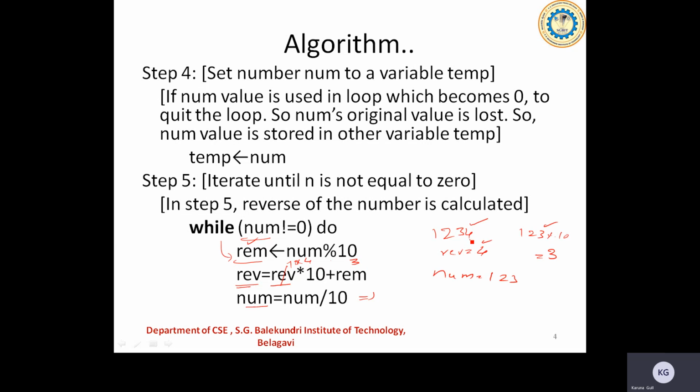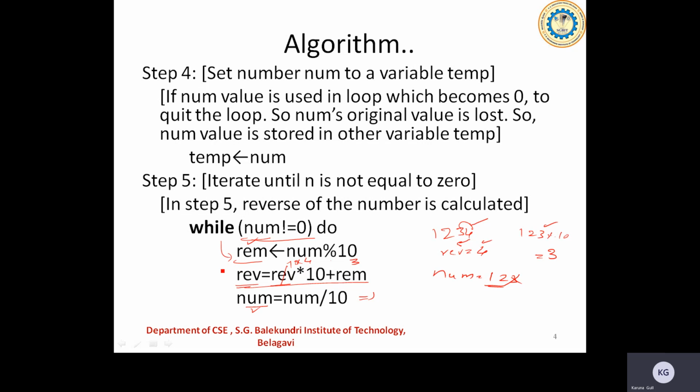The meaning of this is that now this 4 is moving towards the left side, and this is inserted at the other part of the side at the units place there. This is how this equation is helping us to do that task. Then to get the next quotient part of this, to get only 12 here, I'll be proceeding with this. So I'll be doing this till I get the reverse of the given number, or till this particular number becomes equal to 0, right?